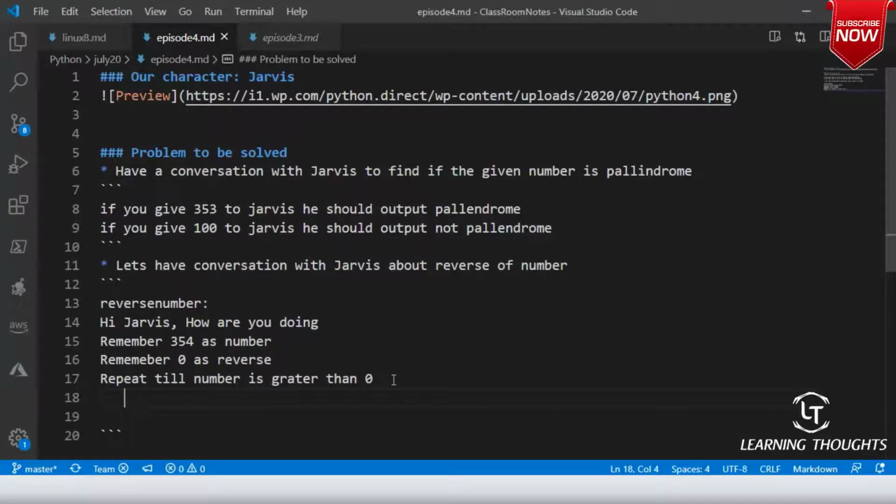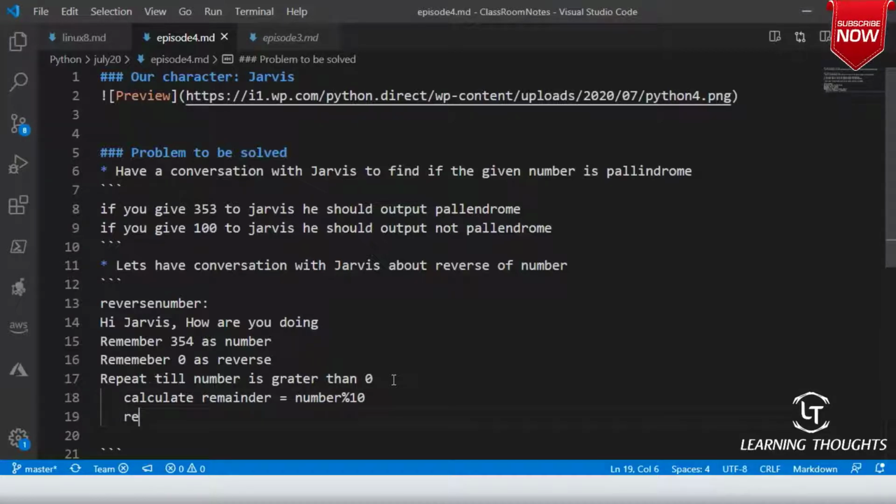First try to get me the remainder. Calculate remainder: remainder equals number percentage 10. Am I clear on this?